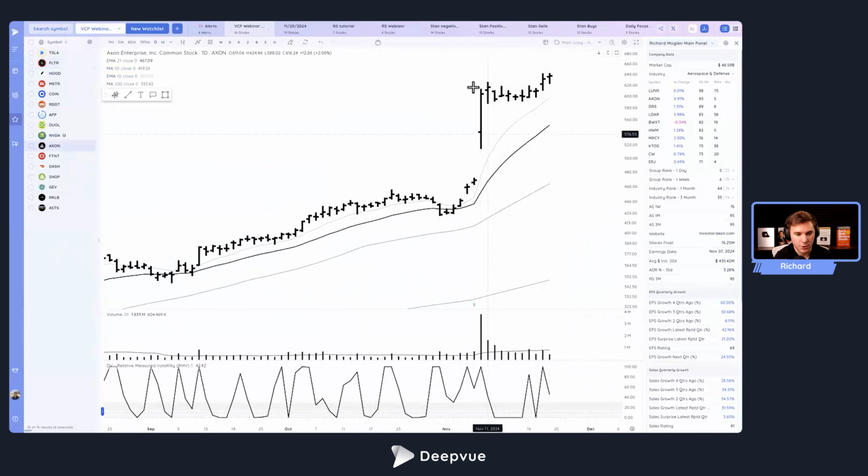We'll see if this falls through. There's a little bit of a later gap. I prefer ones, the first gap or second gap in a move. So let's go ahead over to